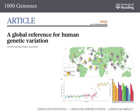One of the ways in which this has happened is through the 1,000 Genomes Project Consortium. And again, this was a sort of follow-up from the Human Genome Sequencing Consortium, which has set out to sequence not just one genome, but 1,000 genomes, and start doing that comparison between individual populations around the world. We now have in the UK the 100,000 Genomes Project, and the aim is going to be to have a vast database of human genetic information, which will aid our understanding of human genetic diversity, but in particular thinking about